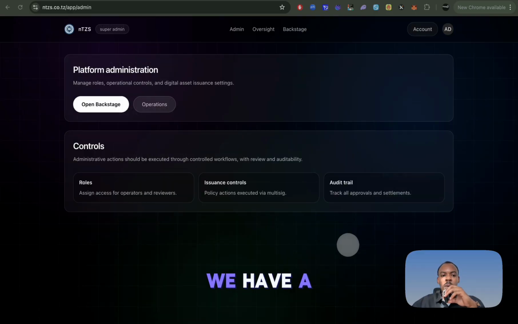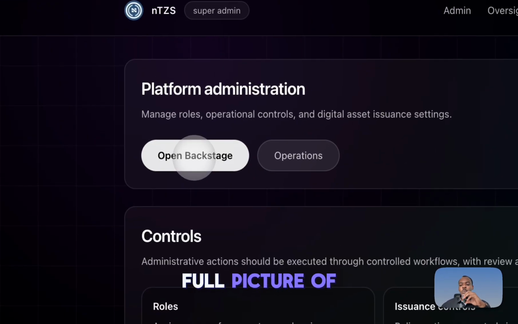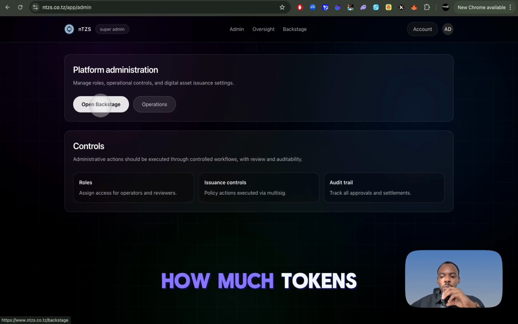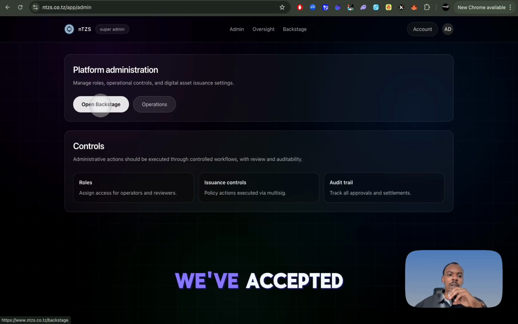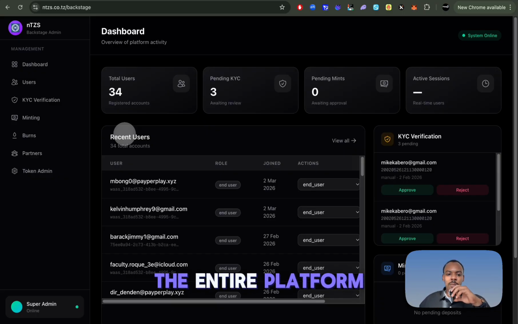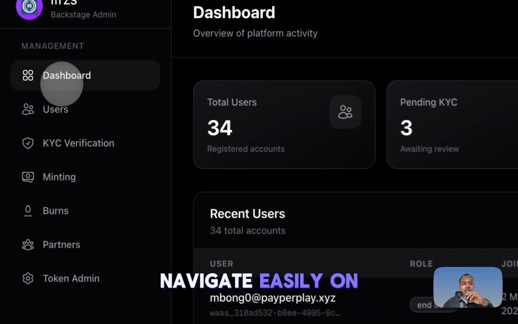All right, so in the back, we have a backstage portal where we can log in as admins and be able to see the full picture of our platform in terms of the users we have, how many tokens we've minted, how much deposit we've accepted, and have a full picture of how everything works. Once I'm inside, I'm welcomed with a snapshot of the entire platform, and I can navigate easily on the side here,